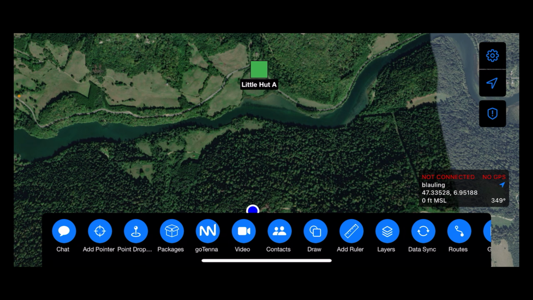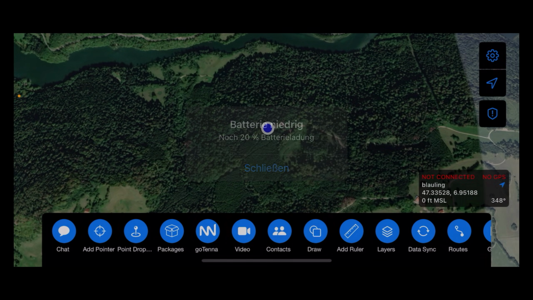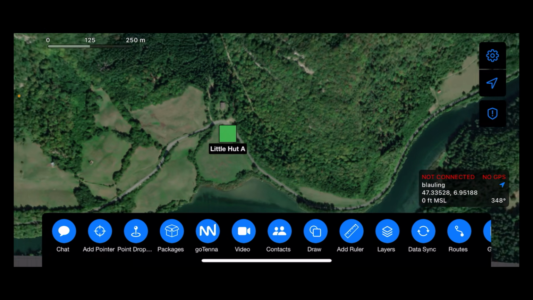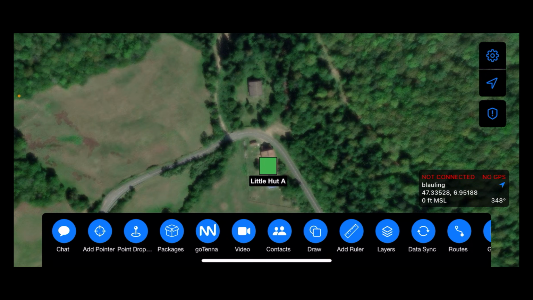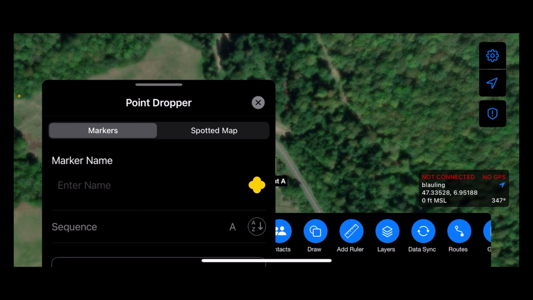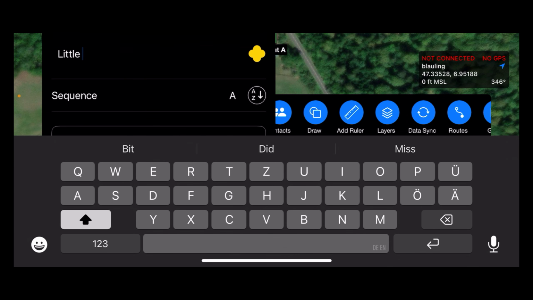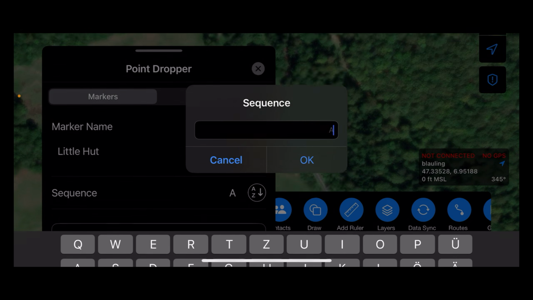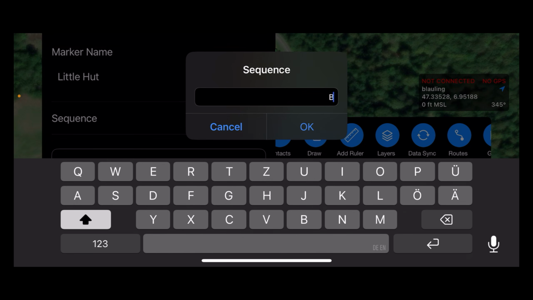Okay guys, so as you can see, we're once more in the middle of nowhere, and I'll now show you how to add these cool little markers right here. So let's just say this is a playing field and you want to mark this house. What you will do is in your toolbar, search up point drop, enter the name. We'll just call this little hut, but because there's already a little hut Alpha, we'll do Bravo